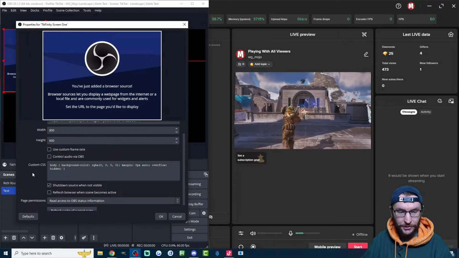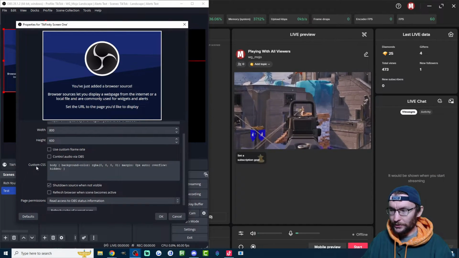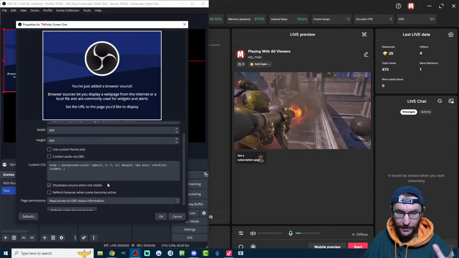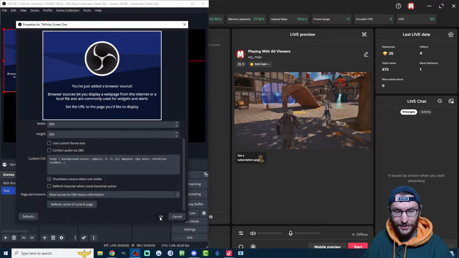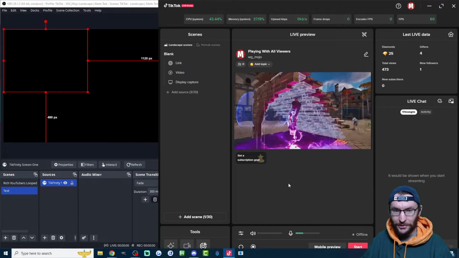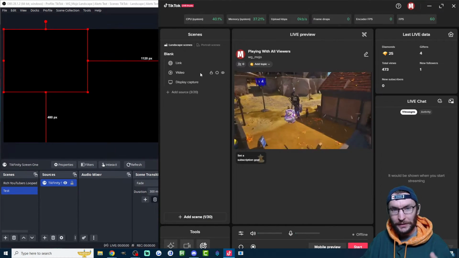I'll click shut down source when not visible, just so it's not playing audio. If you switch scenes or switch profiles, it might still play in the background, could get confusing. So I'll press OK on that. And of course, there's not much showing on either of these right now, but now let's look at how to